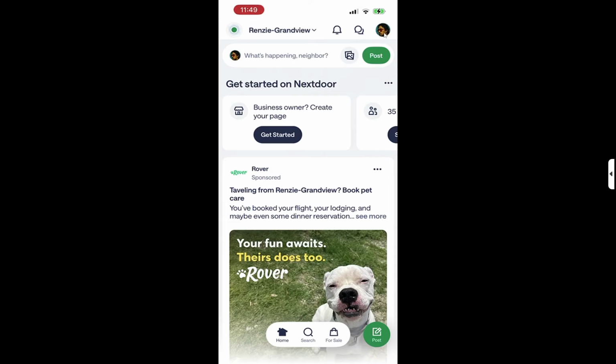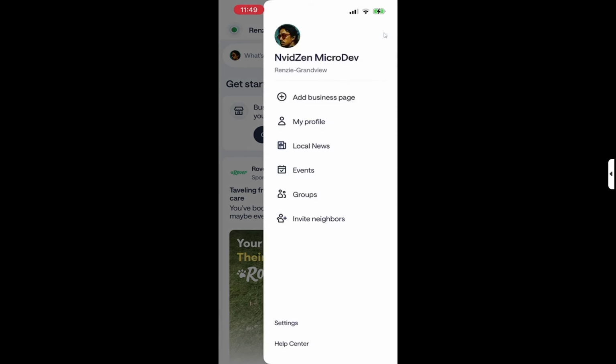Once you are signed in, look for your profile icon. This icon is typically located in the top right corner of the app. Tapping on your profile icon will open up a menu where you can access various settings and features of your account. This step is important because it connects you with personal settings where you can manage your account effectively. You will find options that allow you to customize your experience, but today we are focusing on getting support.